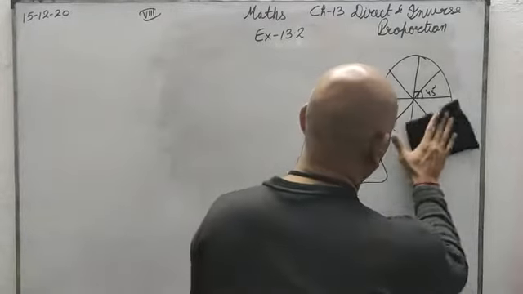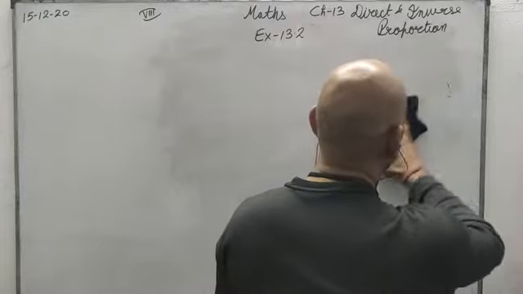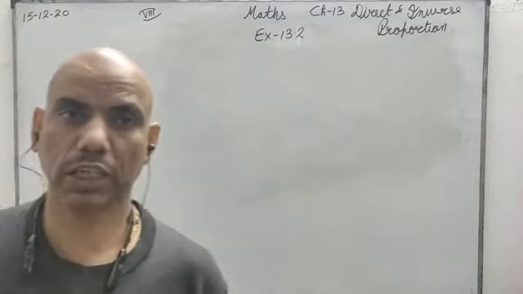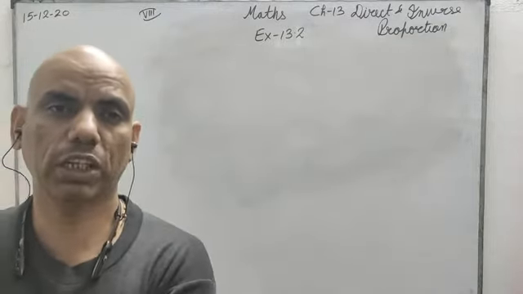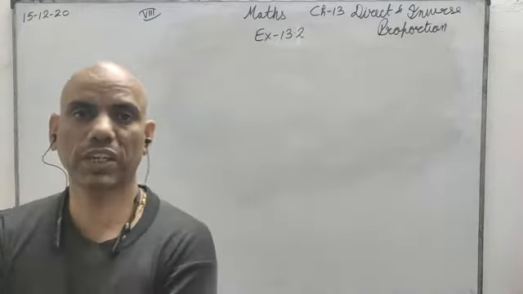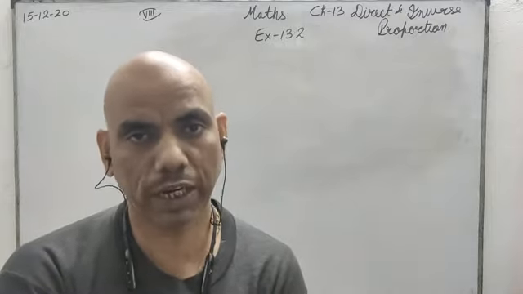First of all, you will have to understand how you will say direct or inverse. The only thing you have to judge is to look at both the quantities. If one of them is increasing and the other is decreasing, it is a case of inverse proportion. If both of them are increasing or both are decreasing, it is a case of direct proportion.